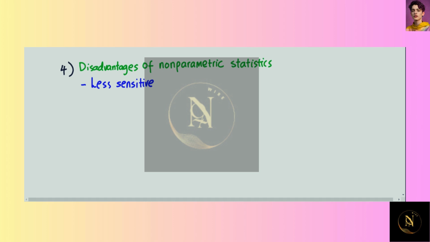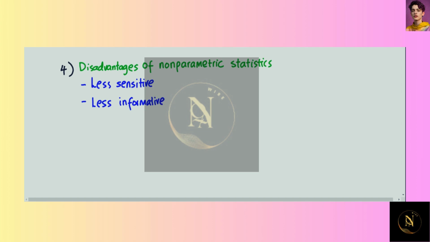And for the parametric statistics, you'll find that small differences can be denoted for you to be able to reject the null hypothesis. The other disadvantage of the non-parametric statistics is that they are less informative compared to the parametric tests. They provide less information,